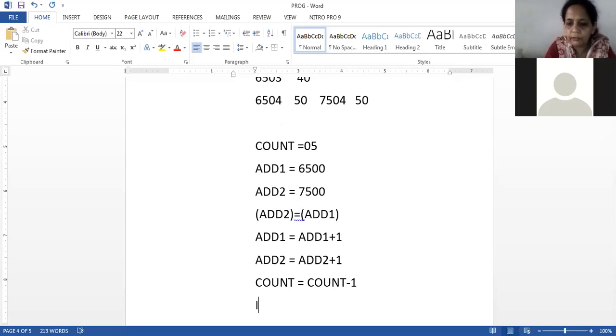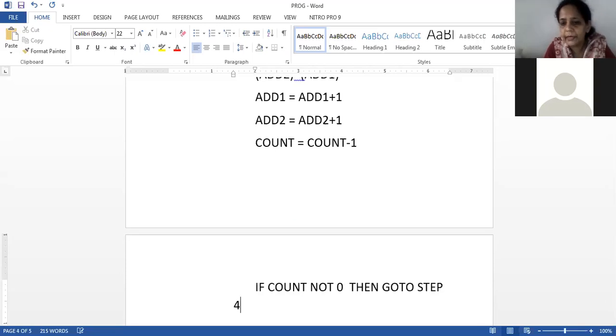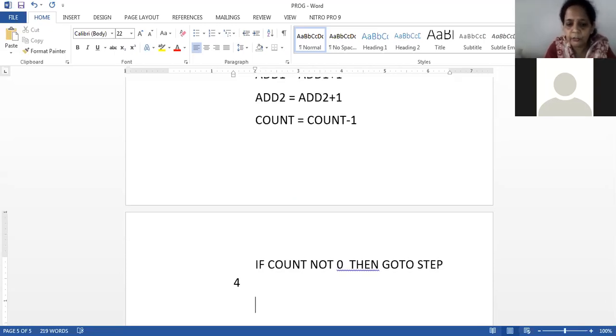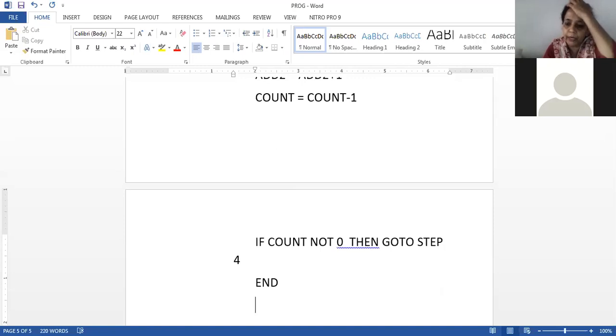If count is not 0, that means it has to go back to which step number? 1, 2, 3, 4th step. Then go to step 4. Correct? And if the count is 0, that means I have to end the program.